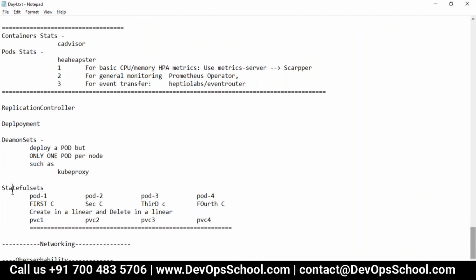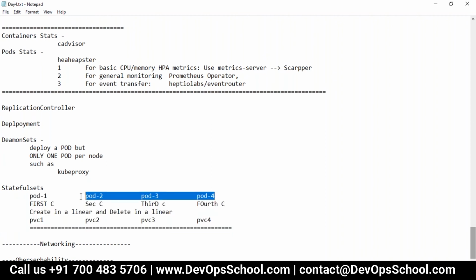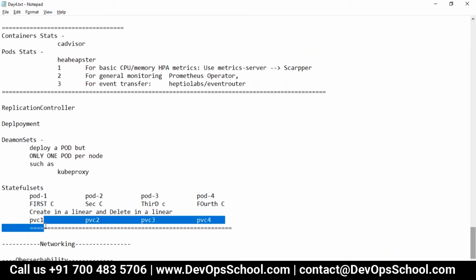This will also deploy a pod, but has some additional properties: numbering, creating in linear sequence, deleting in sequence, and the pod will get attached to the same PVC all the time. If this PV is allocated to one pod, it will not get allocated to any other pod in future. The number will match. That way it maintains the state.